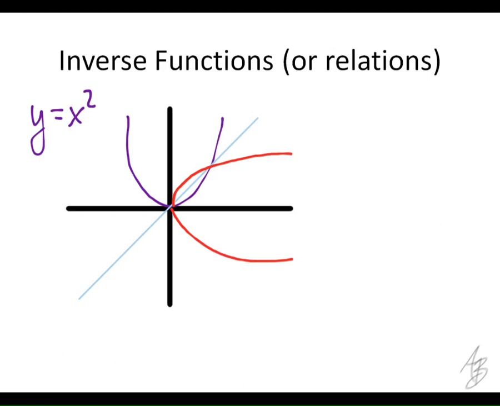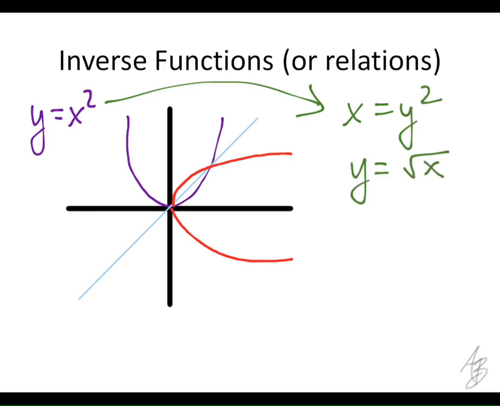Do you agree? Kind of sloppy, but close, right? Is that a function? No. So we had y equals x squared is a function, and then when we take the inverse, we get something that's not a function. And if we do this algebraically, we'll kind of see what's happening here. The inverse, we're going to get x equals y squared, so then to solve for y, we get y equals the square root of x, or